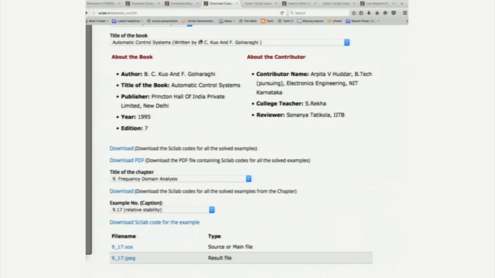So let us go back. It is also possible for you to download the examples directly, or for only one chapter, or within a chapter one example. This is the Scilab code, and as I told you, we have done it for 535 books.